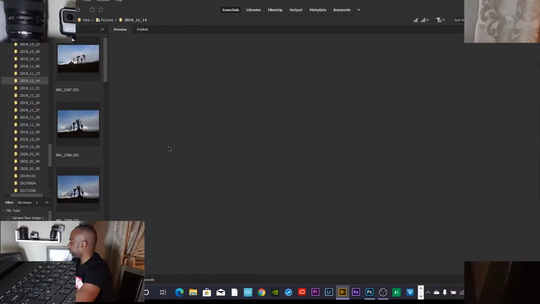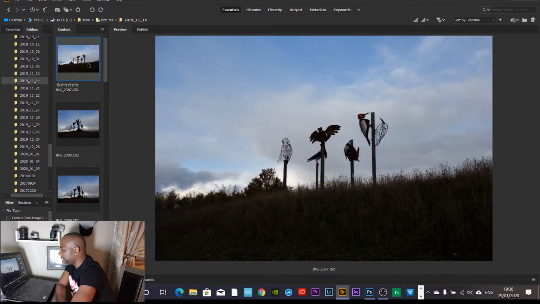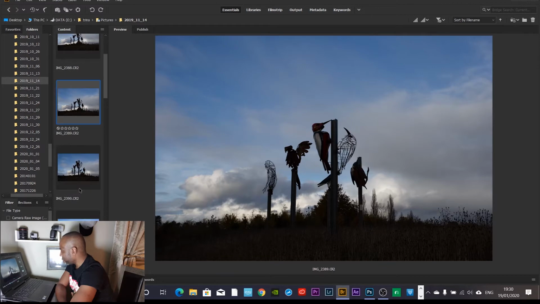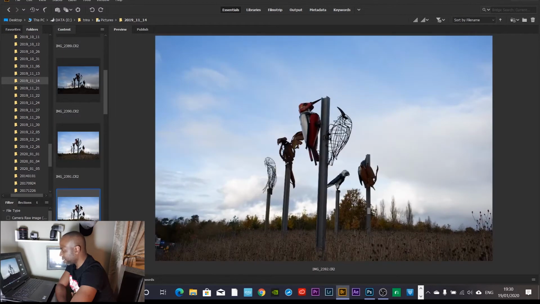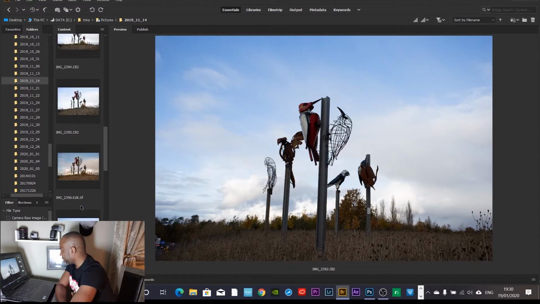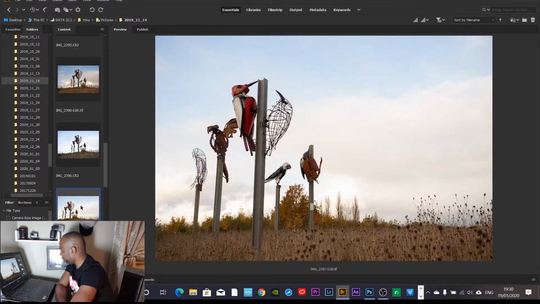Okay. So these are the sculptures I'm talking about. I think this one is a kingfisher, isn't it? And I think you've got an owl here. An eagle, maybe on this side here. I really liked it, really. I like this one as well. I kind of like this one as well, but I think for today's tutorial I'm going to go with this